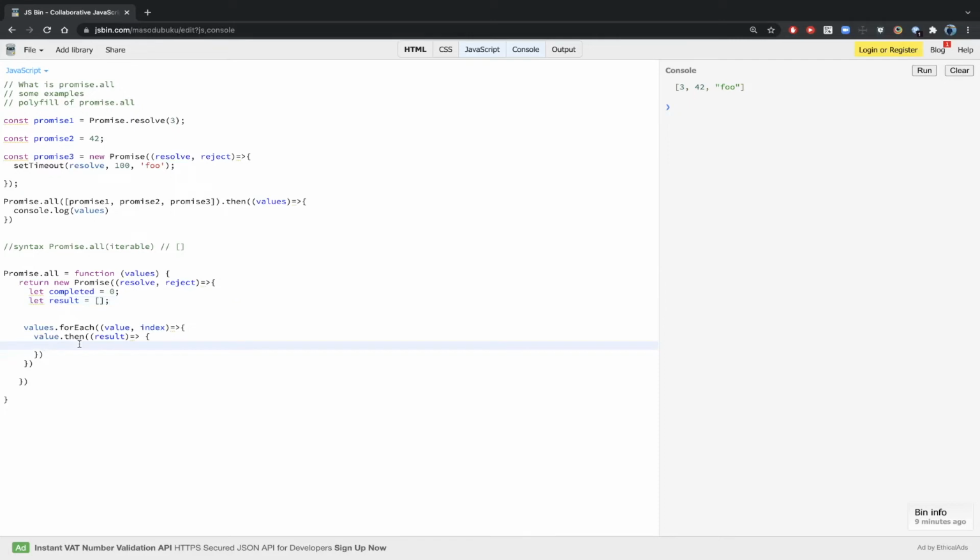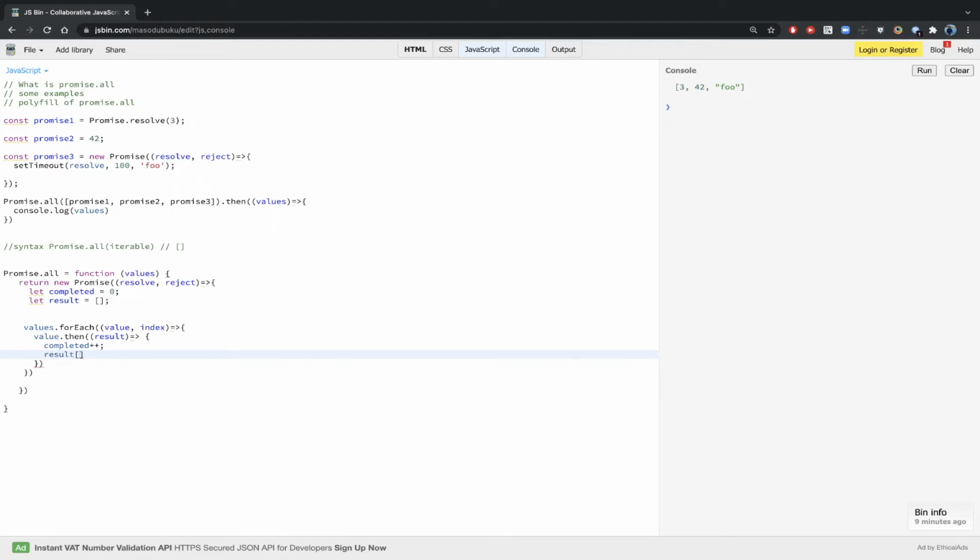Here we know that in this block where my cursor is, we will come inside only when this particular promise, I don't know which one, it can be the 0th index promise or the first index promise, gets resolved. So we'll take benefit from this. We'll make our completed count increment by 1, and we'll store this result.